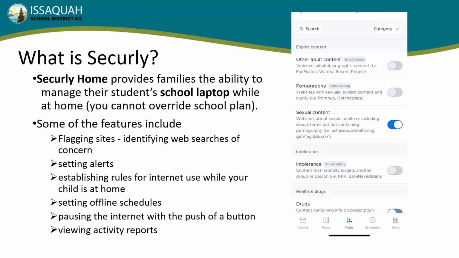This presentation is to help our families better understand what is Securely Home. Securely Home provides families the ability to manage their students' school laptop while at home. Just note, you cannot override the school